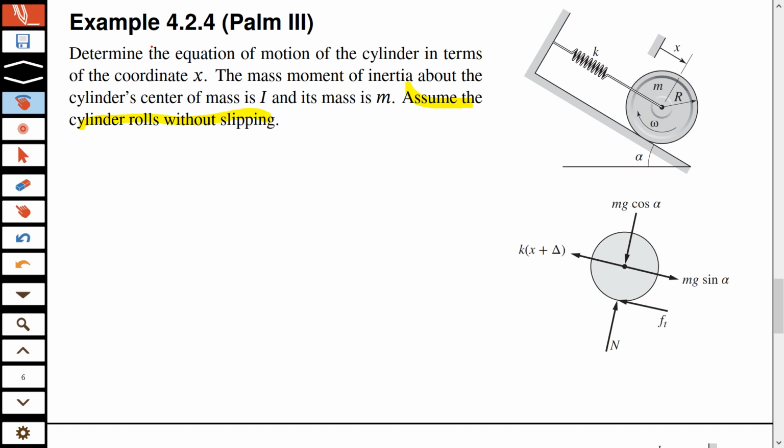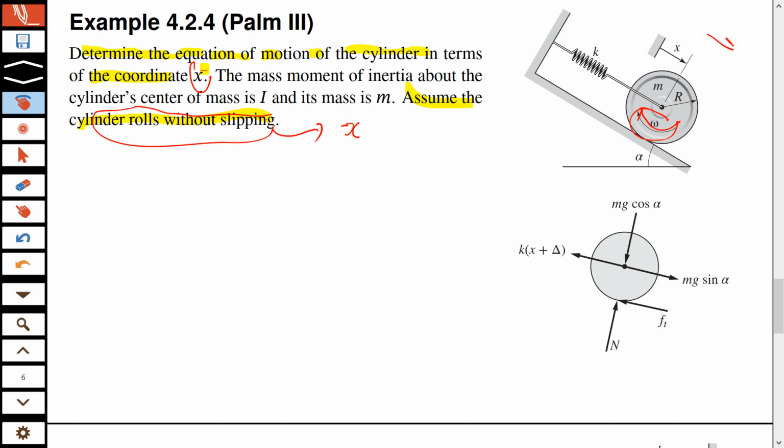You want to determine the equation of motion of the cylinder in terms of the coordinate x. So keep in mind that our equation should be in terms of x, x dot, x double dot, and so on. So we need to express this omega in terms of x, because otherwise we won't be able to write everything in terms of x. And that is why this roll without slipping will help us, because this assumption means that